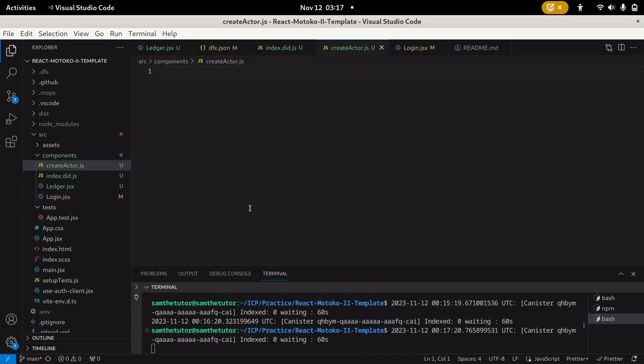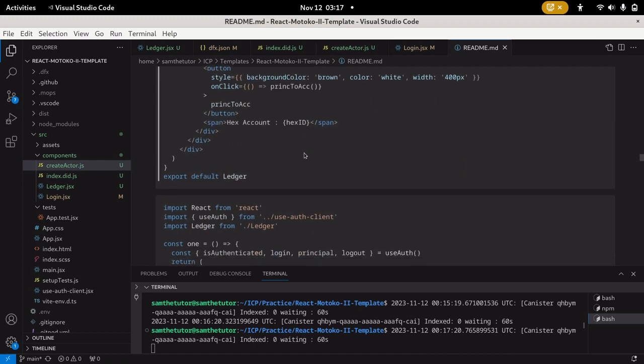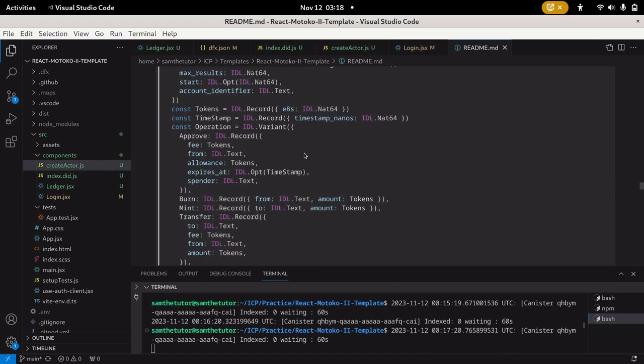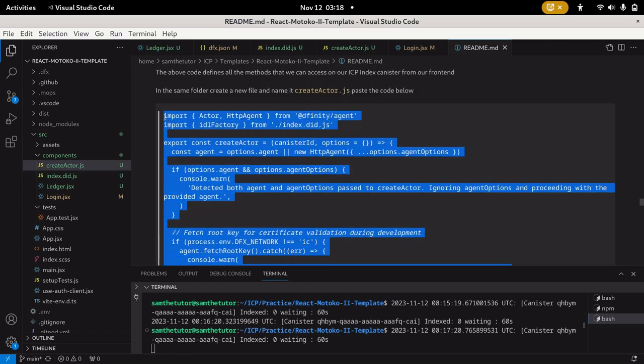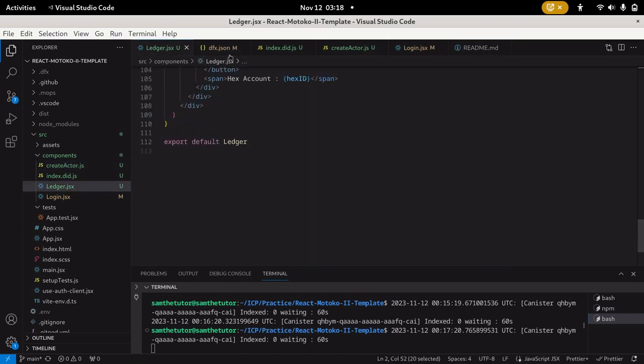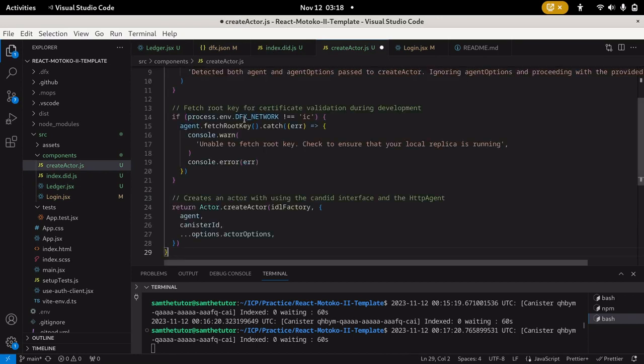I will just actually copy and paste the code, and then I will explain what that code does. So I've copied the code, and so all I have to do is paste it, and then I will explain